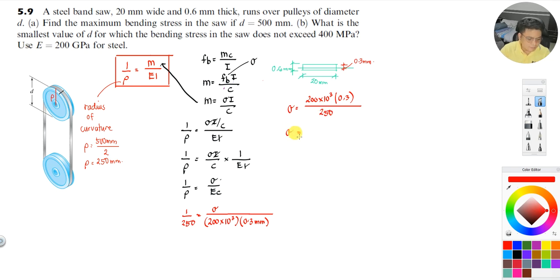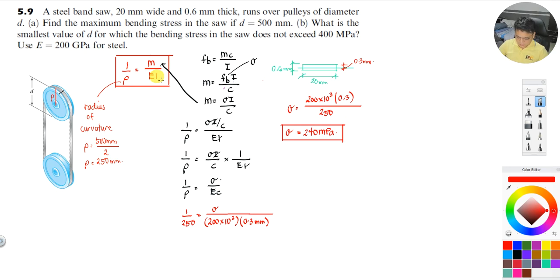So, you can have this stress. So, 200 times 10 to the 3, 0.3 all over 250. So, you can have it as 240. Again, that is in megapascal. Okay? So, that's it. Again, from that. So, the next is